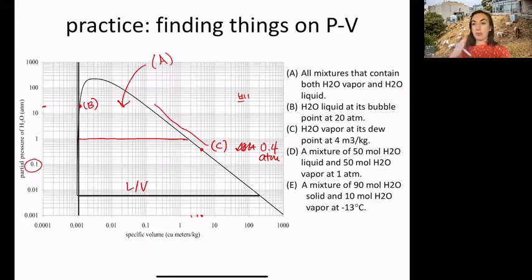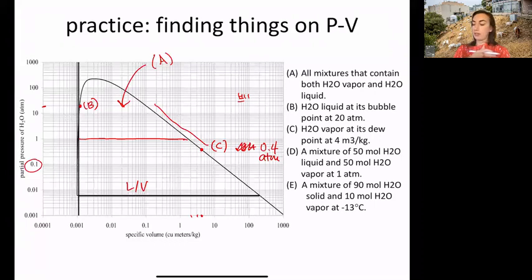But we have been given specific amounts. So we're 50% liquid and 50% vapor. And so we're going to make an approximation here, which is that our liquid volume is going to be extremely small compared to our vapor volume. Whenever we have a mixture of a solid and a vapor or a liquid and a vapor, the vapor is going to be almost all of our